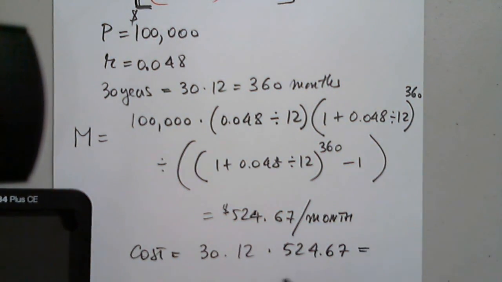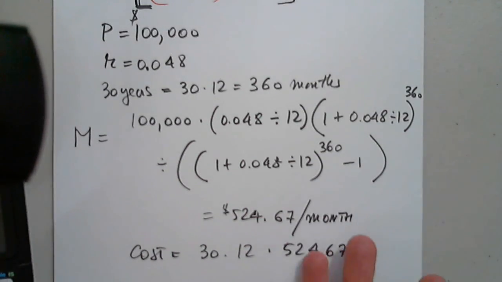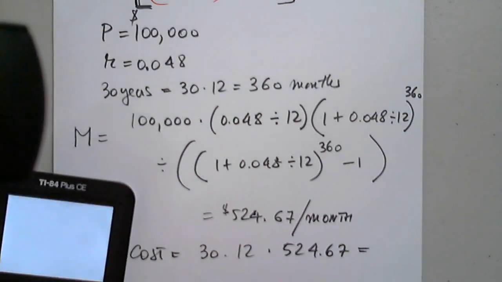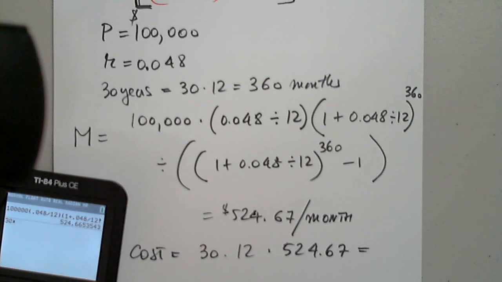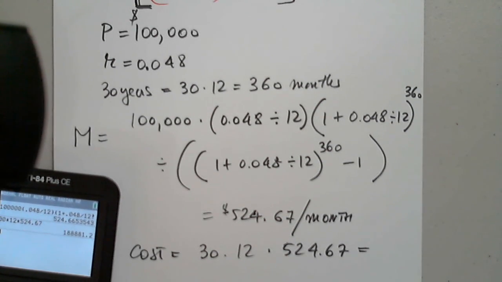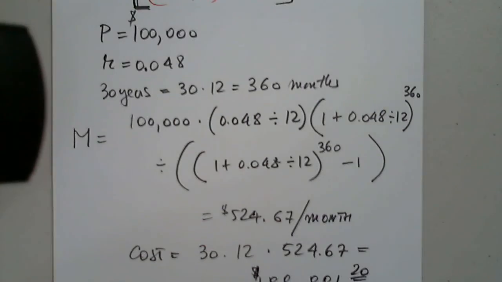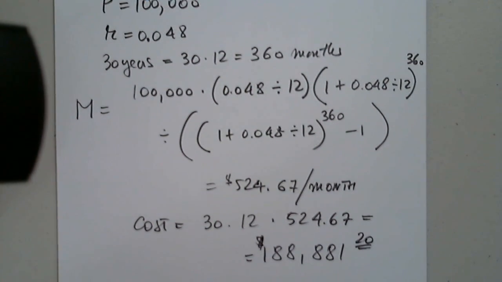Let's see at the end of the loan, if we keep the loan for the entire term, how much we will end up paying. Okay, so it's 180,881.20. So over the span of the loan or the term of the loan, we will be paying